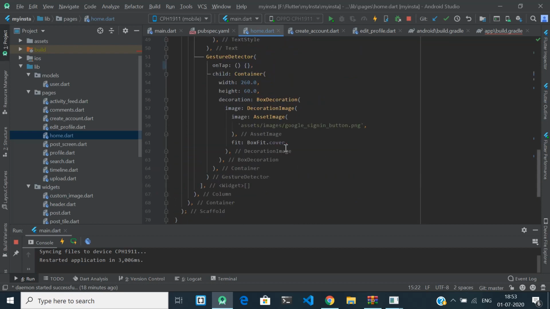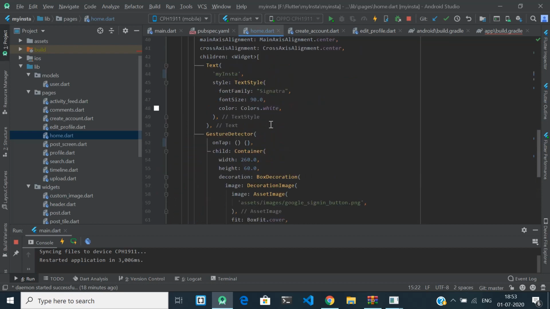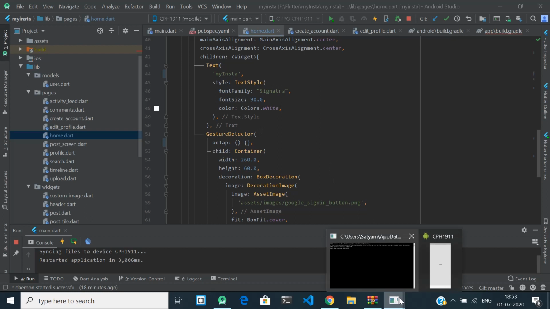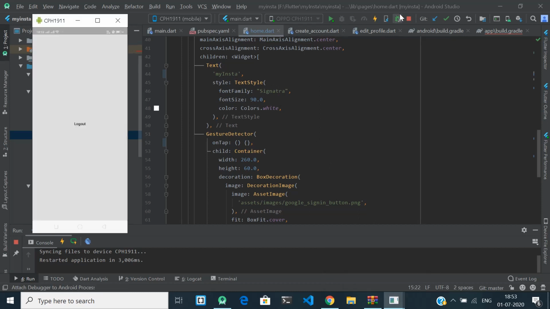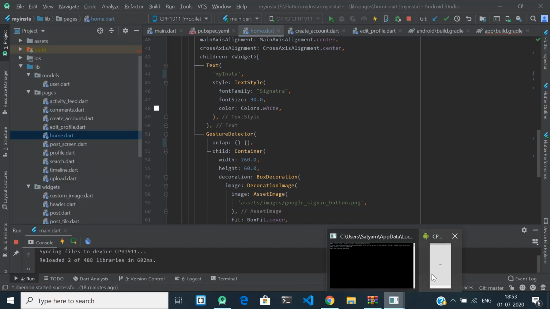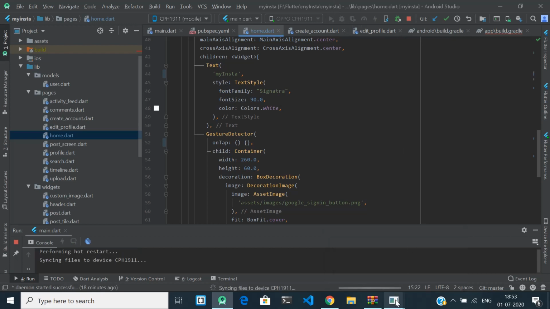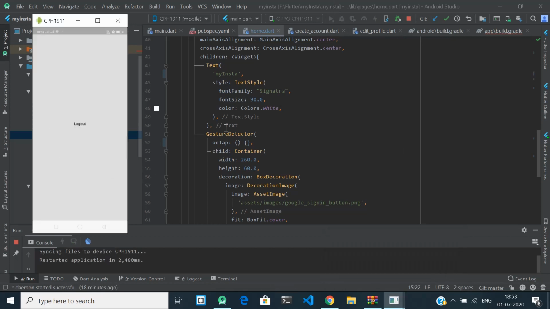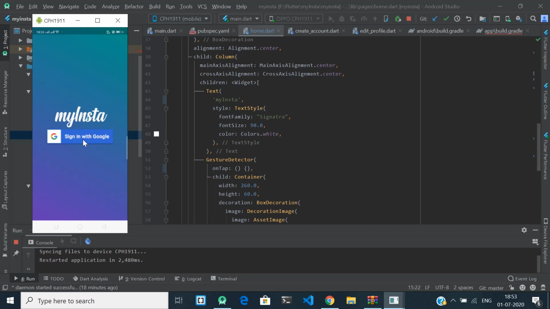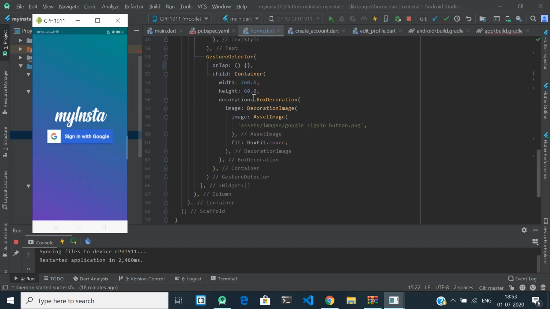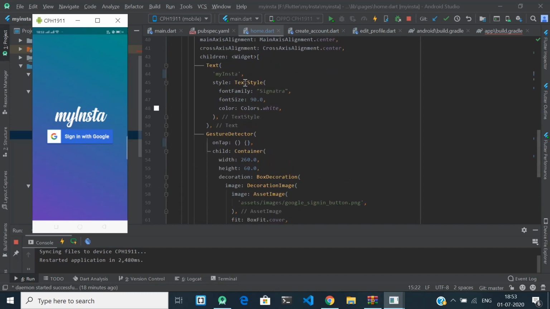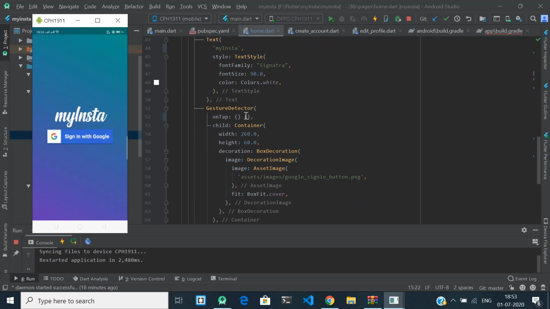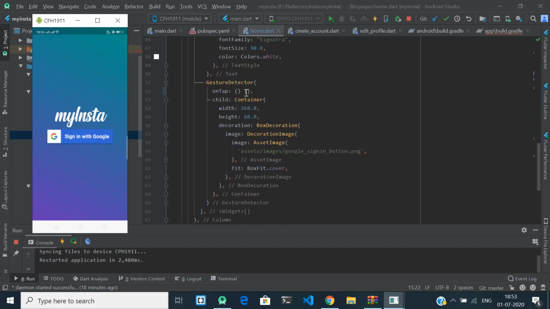So the first screen is we have to create login, right? So from where do we want the login functionality? Wait, let me restart it again. Yeah, so we want the login functionality if we click on sign in with Google. So sign in with Google is here, right? This is my Insta, and below this we have onTap, and here we have sign in with Google.